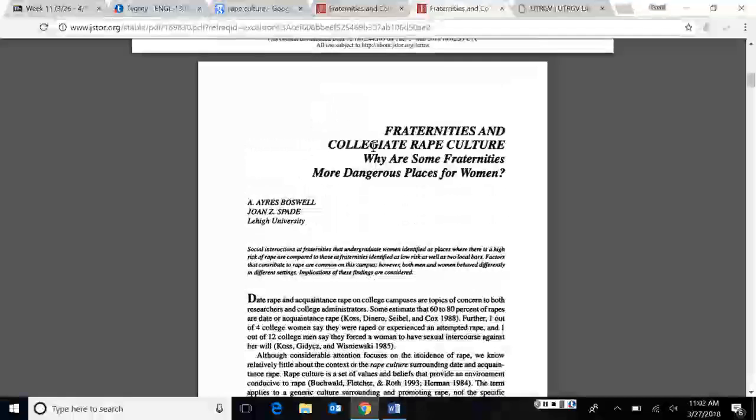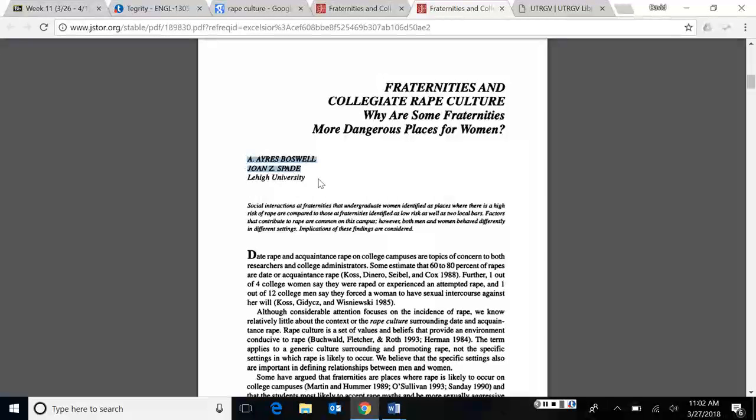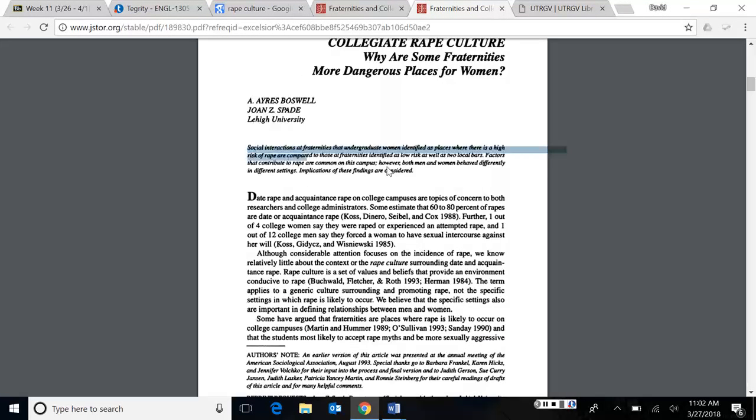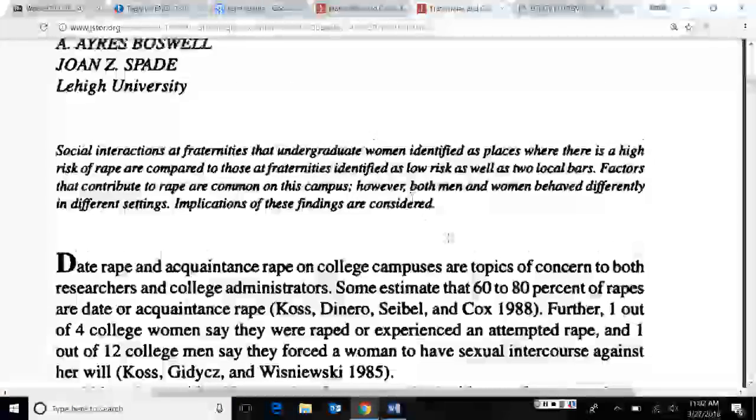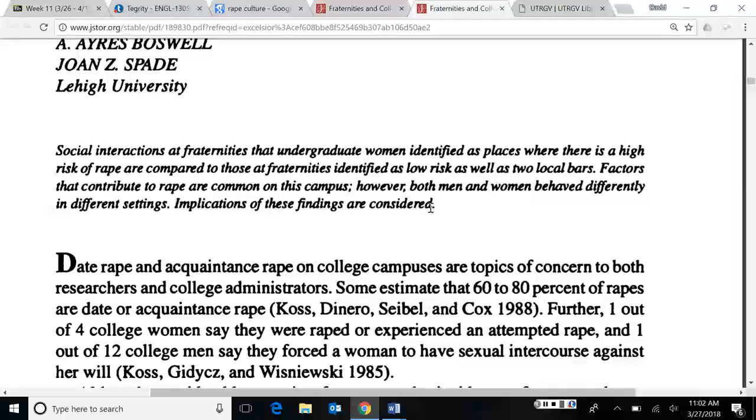And here is the title page. We have the authors here. Even a small, what we call an abstract. Abstracts are really important. They're like summaries of an article. So I'm going to read this one with you guys, and we're going to figure out what this article is